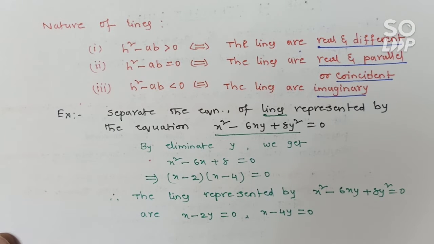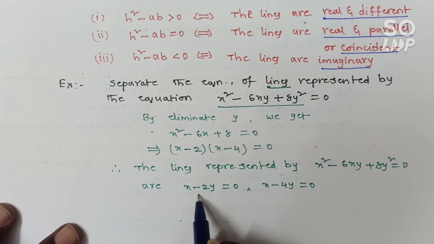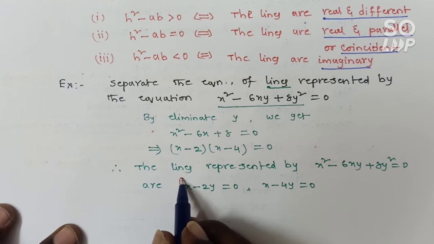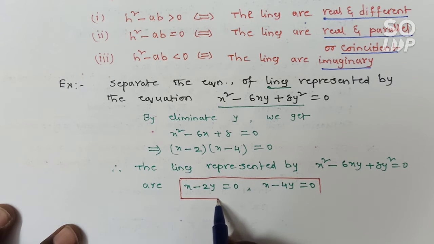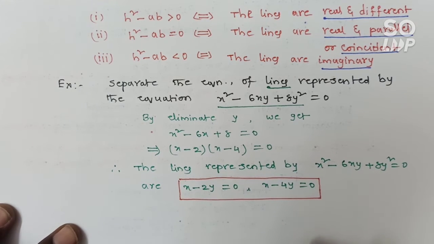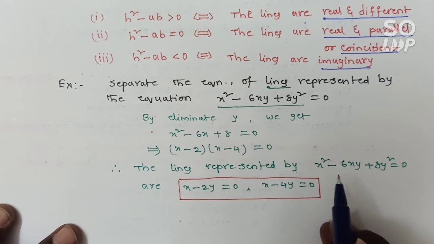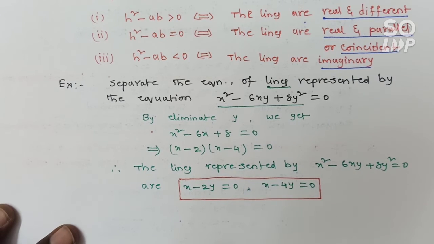See everyone, by understanding these equations, both equations do not contain the constant. So these two pass through the origin. So what do you say is the conclusion? A homogeneous equation represents lines passing through the origin. Right? Here what is the degree of the homogeneous? 2 is the degree of the homogeneous. Suppose if the degree is 3, a third degree homogeneous equation will represent 3 lines.